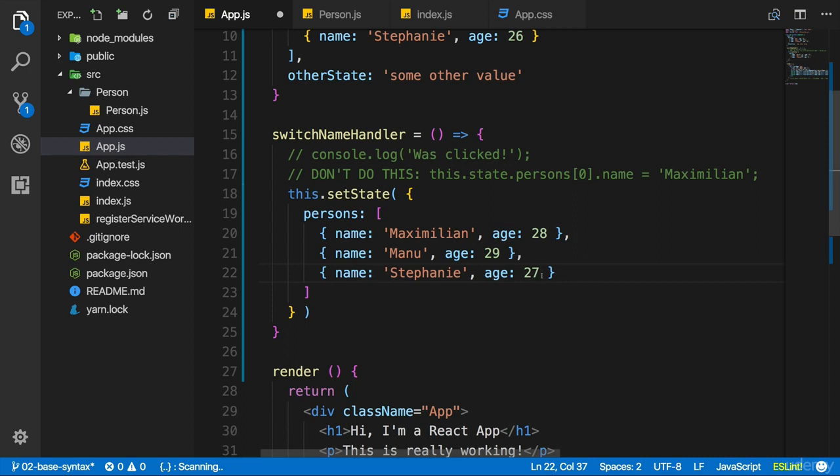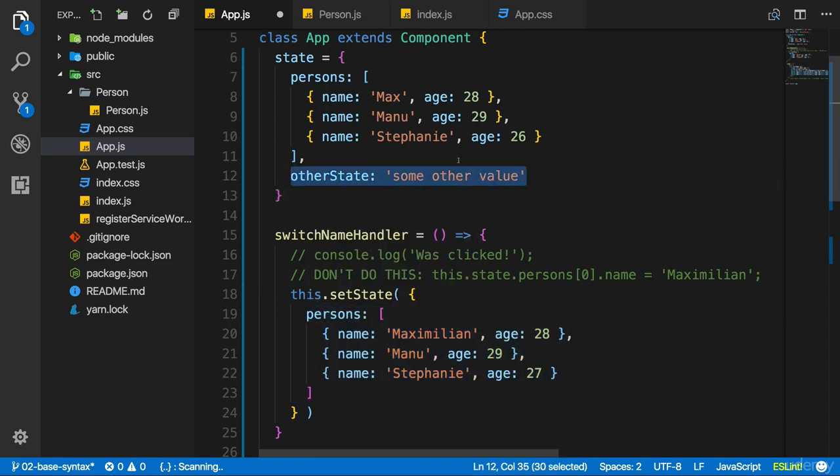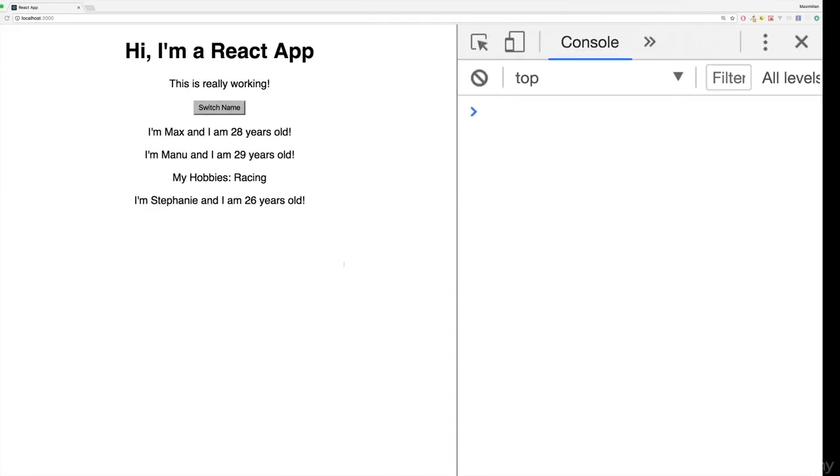Now, what React will do for us is it will look at our state and see which part of it we're overriding, we're changing, persons. It will not discard our state, but it will simply merge the old state with the new one. We'll override persons, since we clearly define a new version of persons here, but we'll leave our state untouched, because we're not saying anything about it here, and it will not discard it, which of course is a good thing. You don't want to have to update everything about your state whenever you want to change only a tiny piece about it. So with that, let's now see what happens if we save this file.